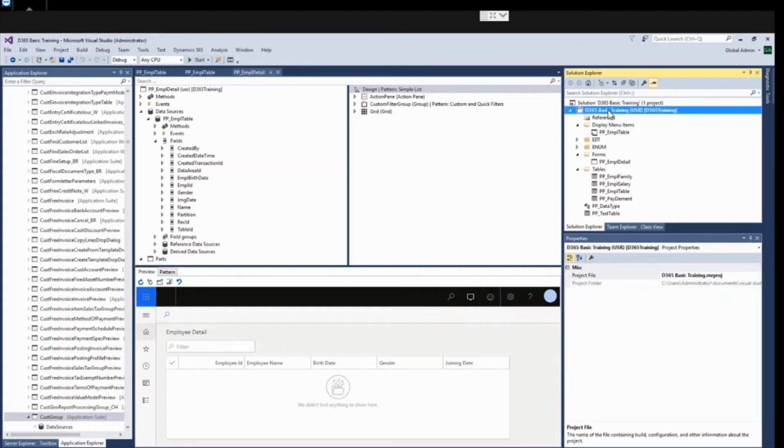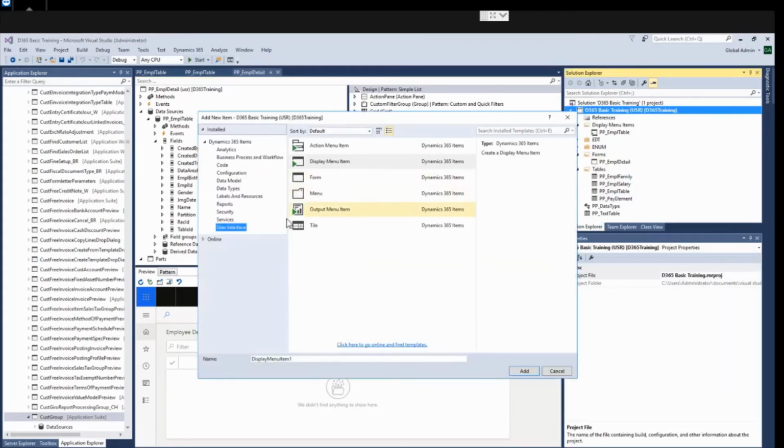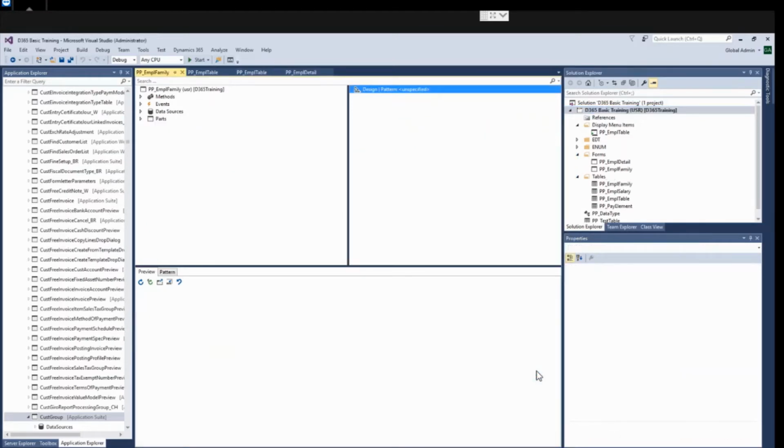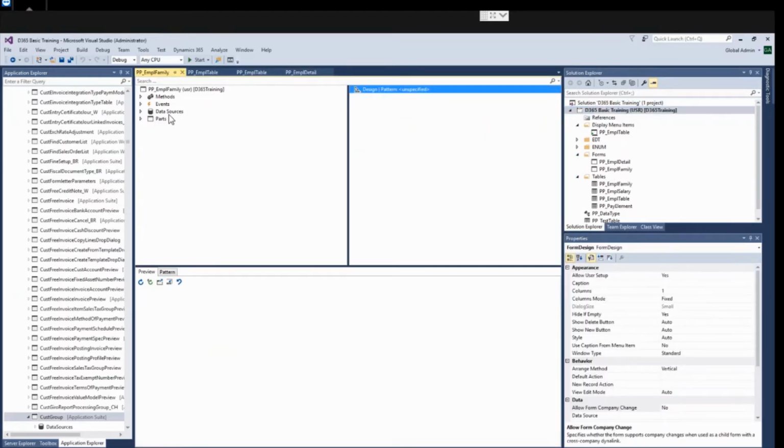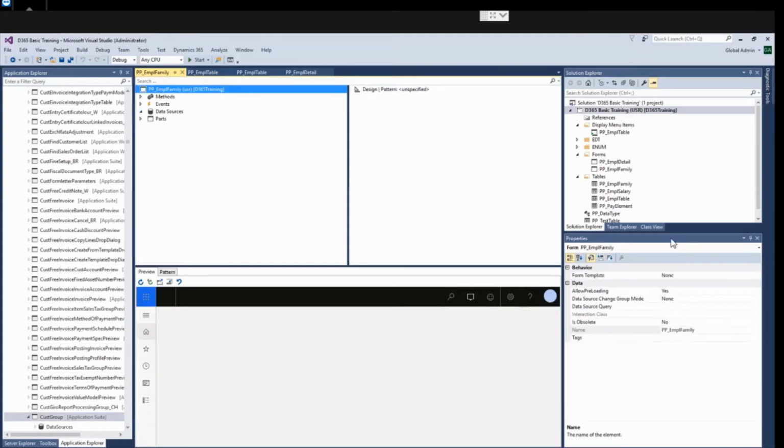First let me create the family detail form. We have to follow the same steps which we did for the employee detail table.